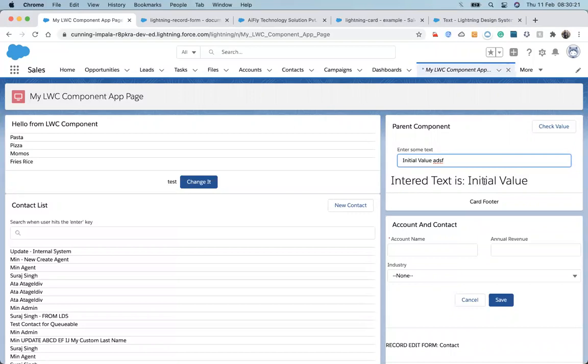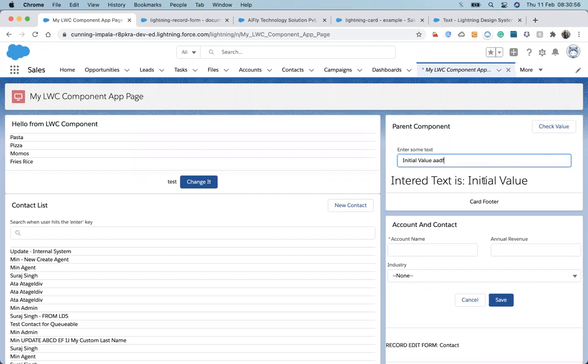And for this parent component, if you look more deeply, this input will act as a child component. Correct? It's a standard component. Usually people do not believe that, but it's a standard component and it acts as a child component. We are making changes up here, but it's not reflected up here because it is a one-way binding.